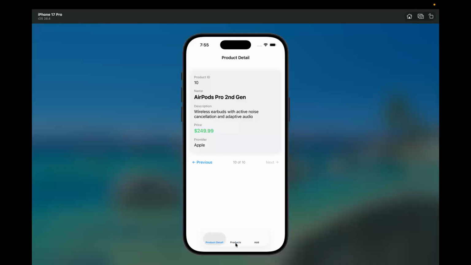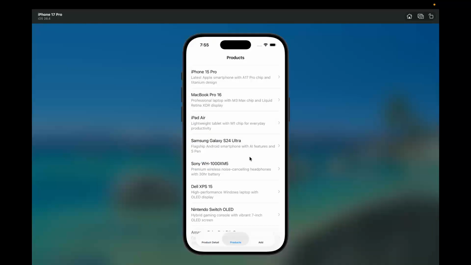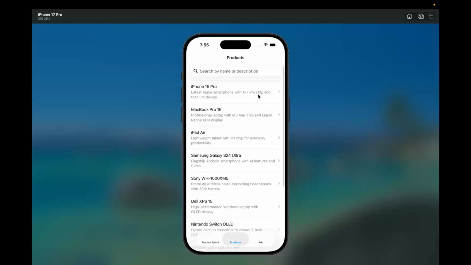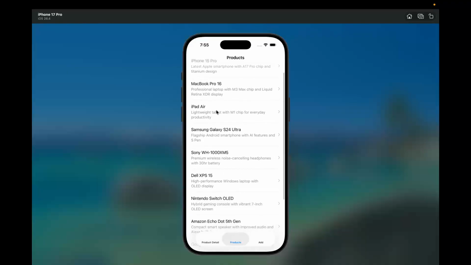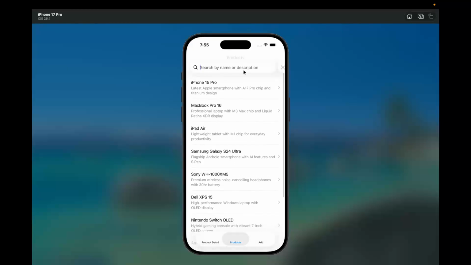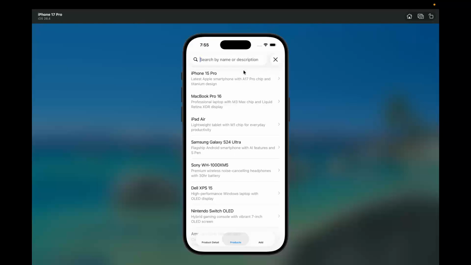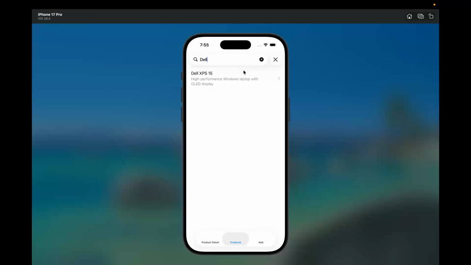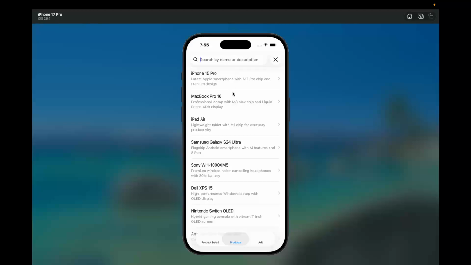Moving over to the second tab, it's a list of all the products page, and it's basically a UITableView that fetches all the records stored in Core Data. And in each cell, you'll see a truncated description of the product itself, and you're able to even search for products as well. Let me just say, for example, the Dell. You'll be able to see the Dell pulls up right away, and there's also an